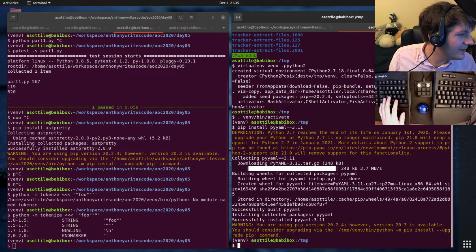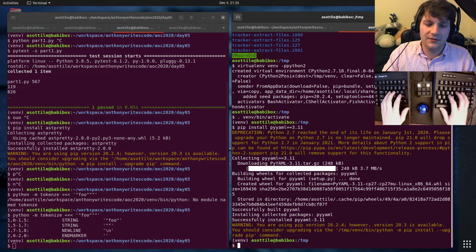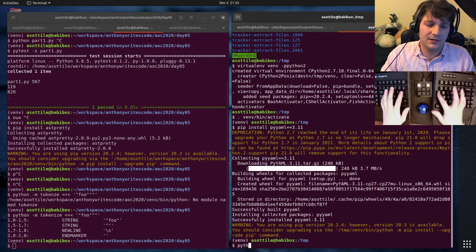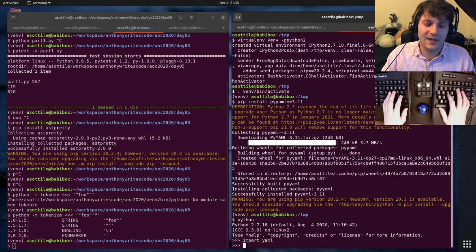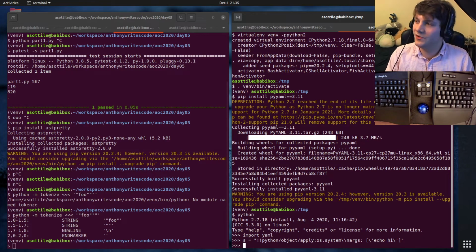Let me grab this string here. If we do python and import yaml, and we have this string here, which if you look at it, you're like, oh no, I know exactly where this is going.